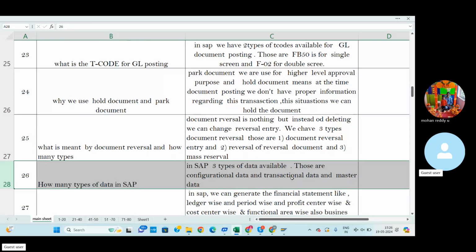Here in this master data we can create the GL accounts, GL groups, customer accounts and customer groups. So using this master data we can create these. And this master data screen is used by both consultants as well as end users.